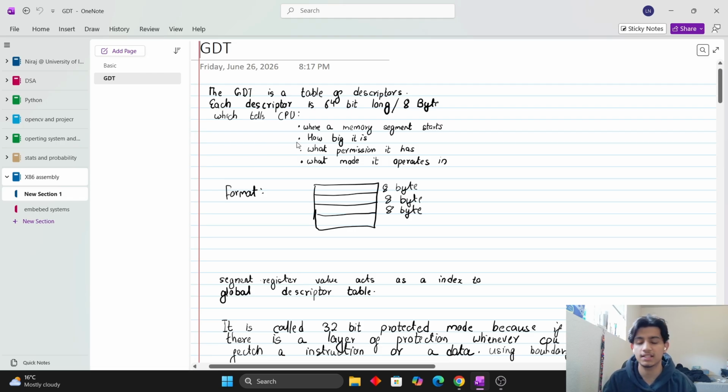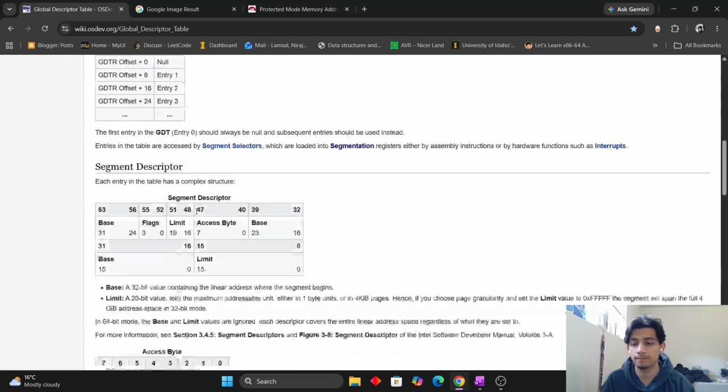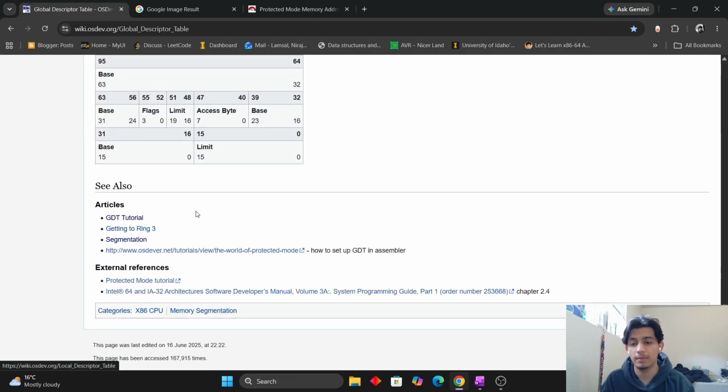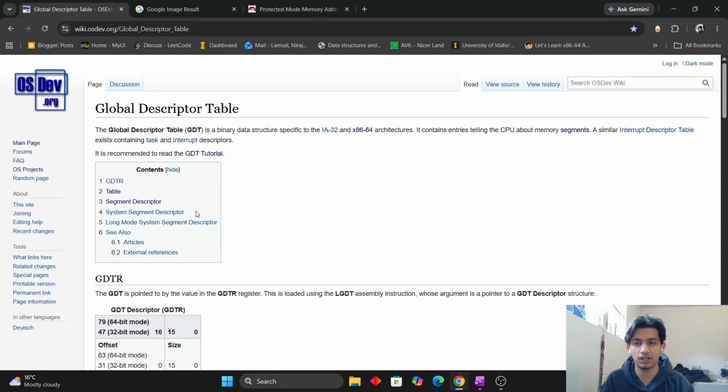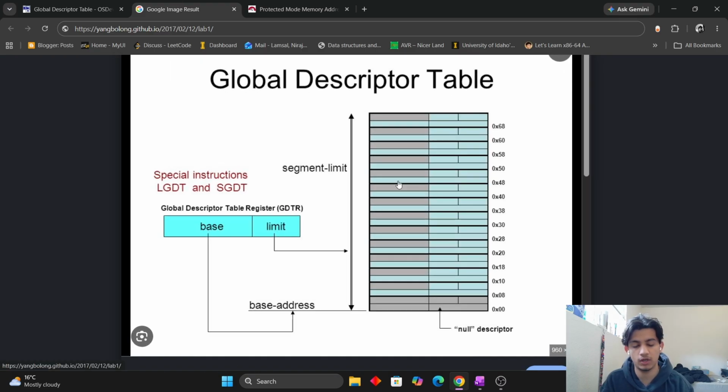so that I can explain it to you with ease. For building these notes, I have used these resources. This is a very good website that you should look into so that you can understand what is going on behind the scenes. I have used this resource a lot for making my notes and also for a lot of other things. And this is a good diagram that I got so that I can show you what the global descriptor table actually looks like. The first 8 bytes, as I told you, are the null descriptor,